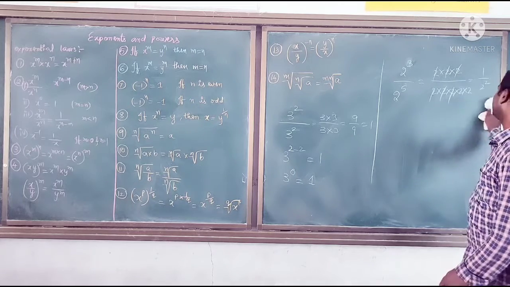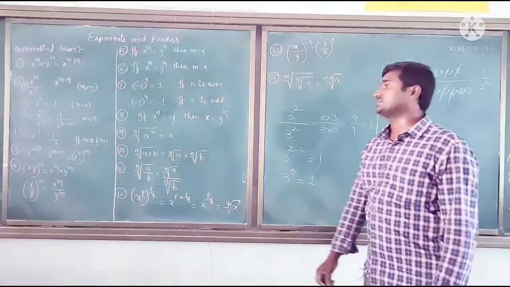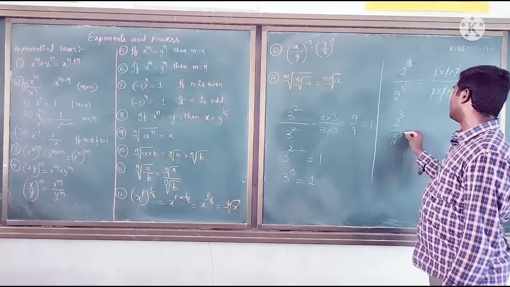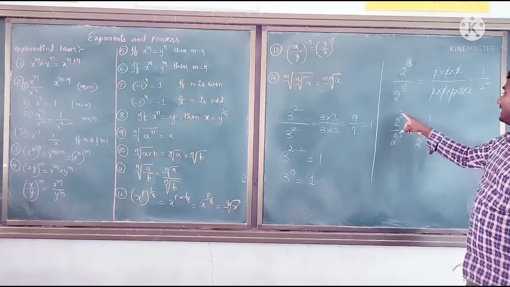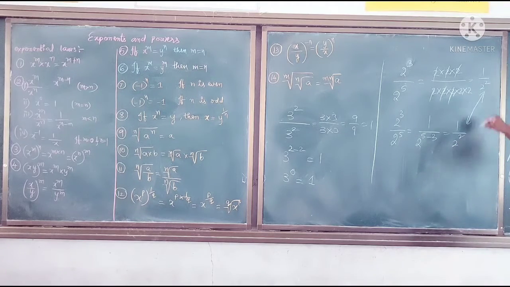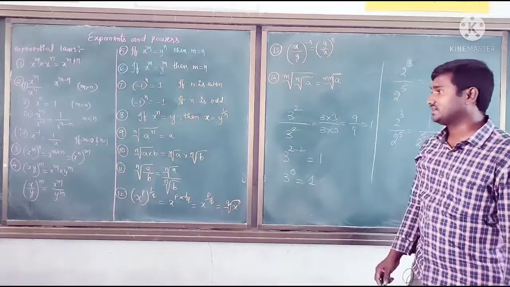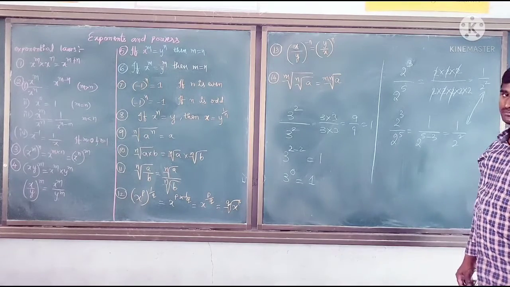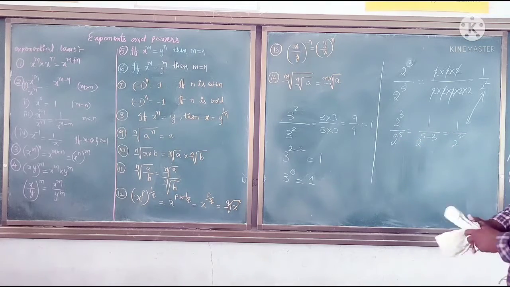Okay. For this case we can use the formula x power m by x power n. What is the formula? For 2 power 3 by 2 power 5, if you use that third case, it is 1 by 2 power 5 minus 3, that is n minus m, which is equal to 1 by 2 square only. Yes, these two are equal. If you use the third case, x power m by x power n is 1 by x power n minus m, where m is less than n. So we can use that third case.